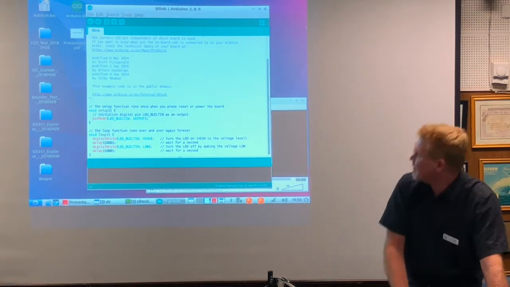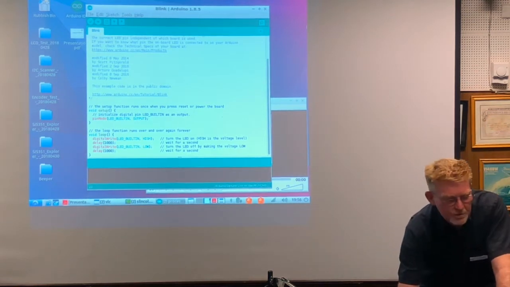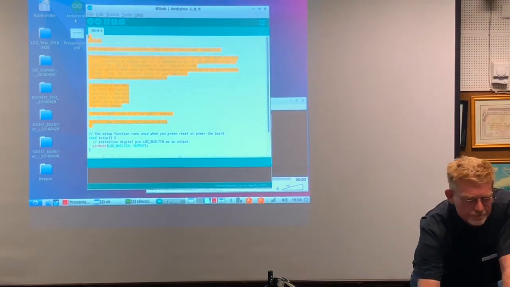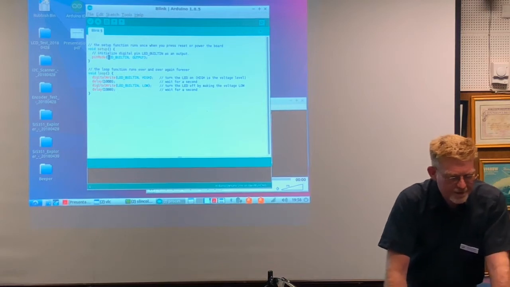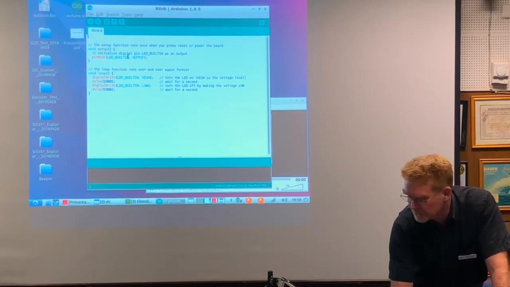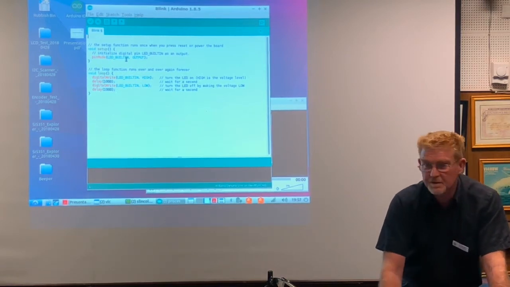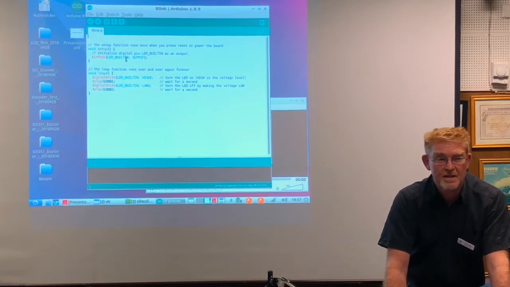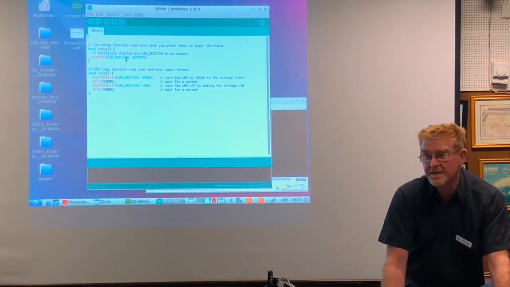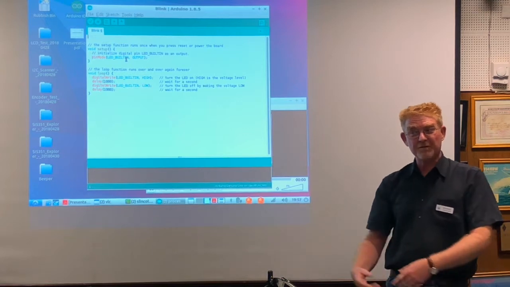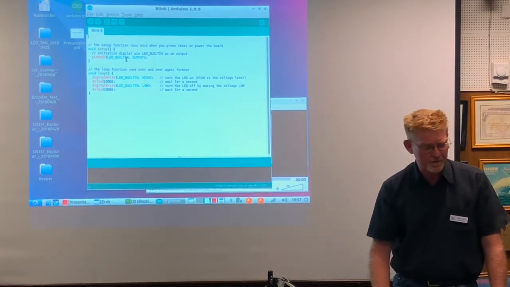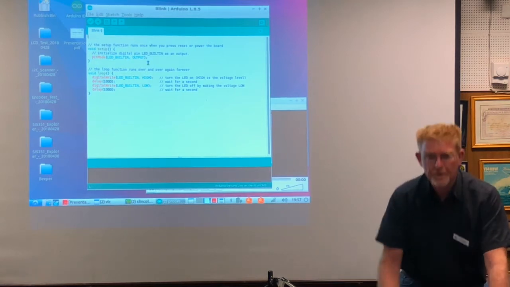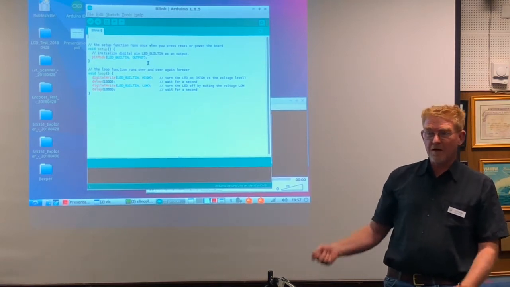In this program here, you can see the setup. I'll scroll down. This is the setup. Pull this up with these examples, stuff, comments that can go. In the setup, we're basically saying there's an LED built into the board, and we're calling it LED_BUILTIN. The IDE knows different boards have that LED on different pins, and makes that easy for you by not having you remember which pin it's on. Pin 13, I think, on this board, but that's all we care about. And that pin is an output. We're going to send a signal to make it do something rather than read it.